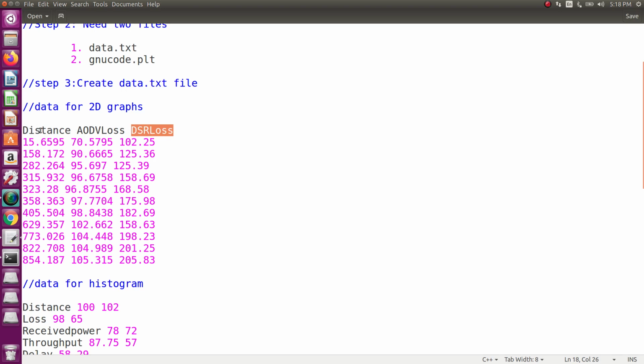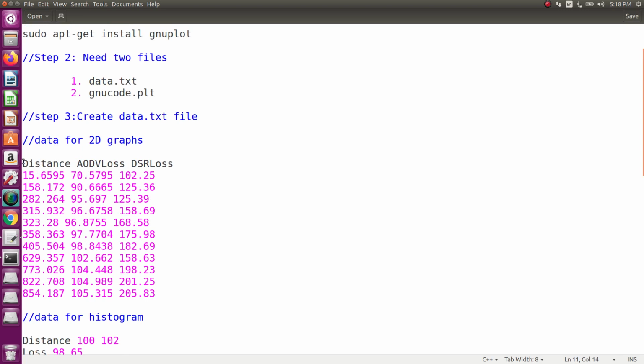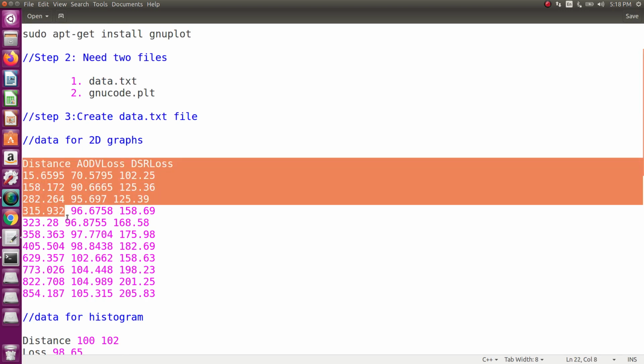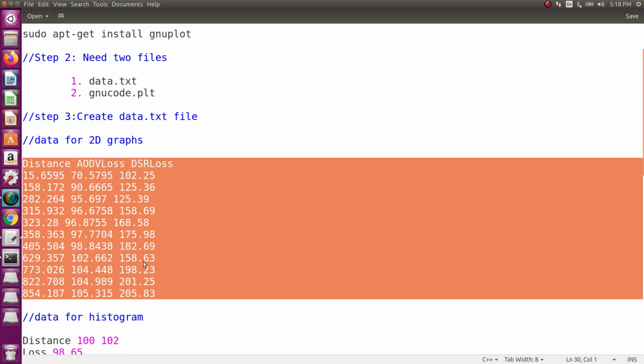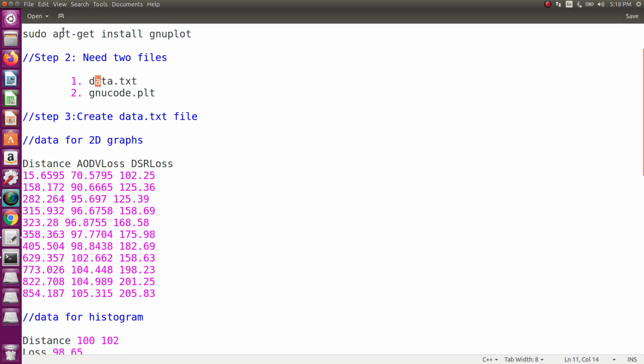These are the three values. The first column is distance, the second column is AODV path loss, and the third column is DSR path loss. This is the data file. I am going to copy this data and paste it into data.txt.